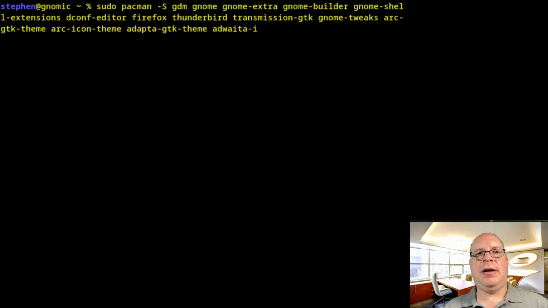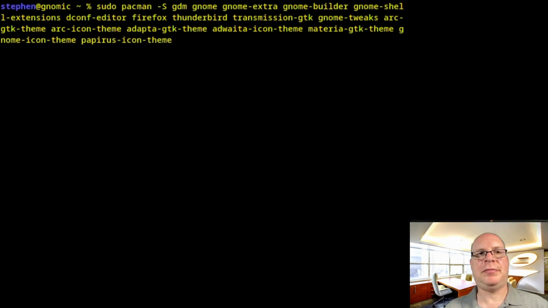Adwaita icon theme, Materia GTK theme, GNOME icon theme, Papirus icon theme, GTK engine Murrine, that's the theming engine, GNOME Keyring, VLC VideoLAN player, Celluloid, very good player, some fonts, how about some Bitstream Vera,